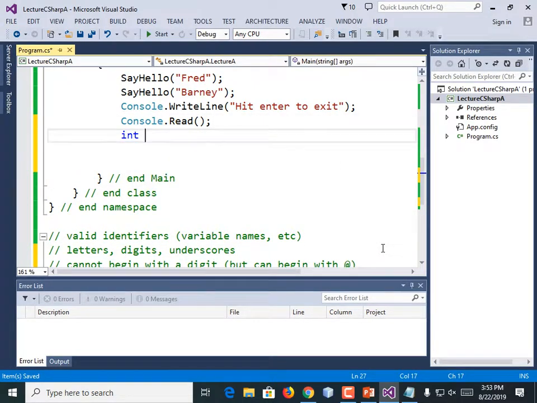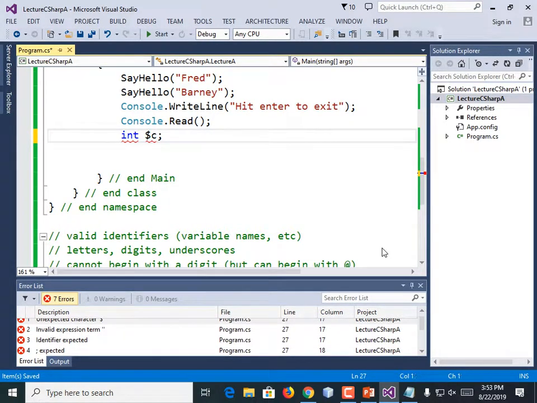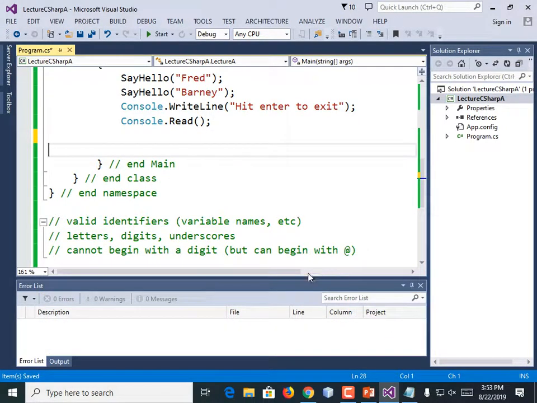Int $C. Nope. $ means something very specific. Not that I ever encouraged anybody to use $ signs in C++ either, but in BASIC, that's how you declared your string variables.